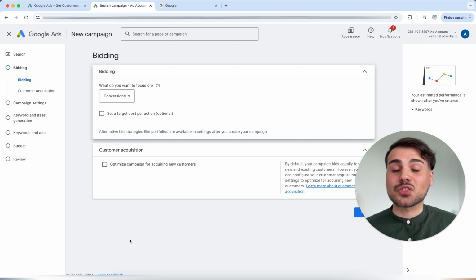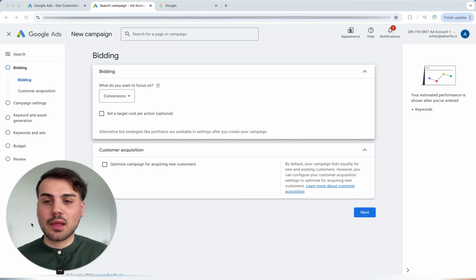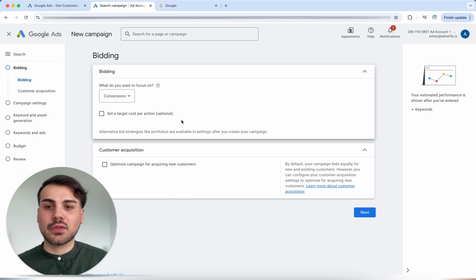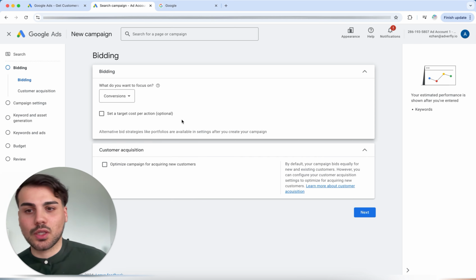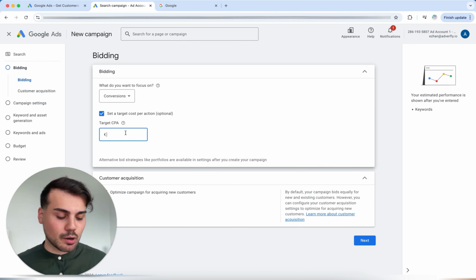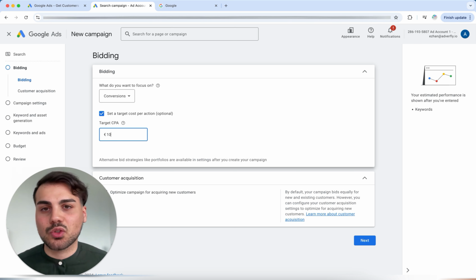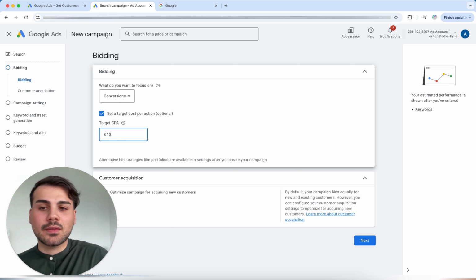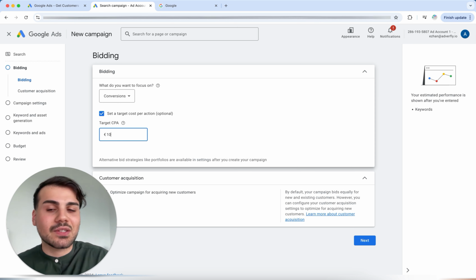Exactly. So let's continue. The next option we have here is the option to say, hey Google, I want to give a target value now. That means if I activate this now, for example, I can say to Google, hey Google, I want a maximum of 10 euros or dollars per purchase to pay, please optimize according to this value. Here is also my recommendation that you should not do this at the start, because the problem is that Google simply has too little data.